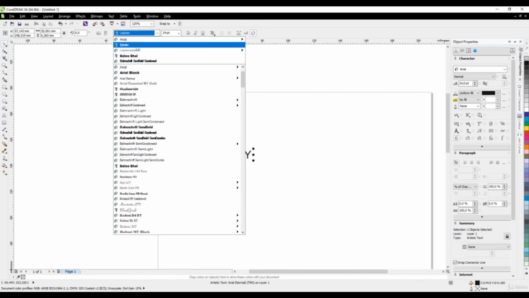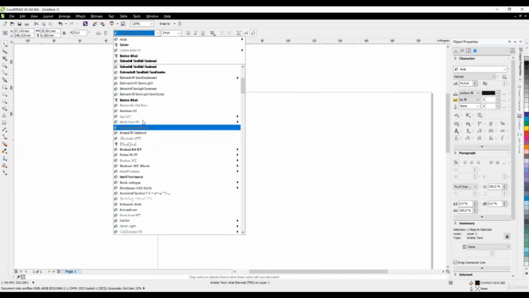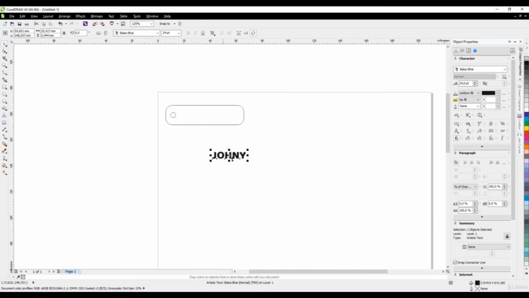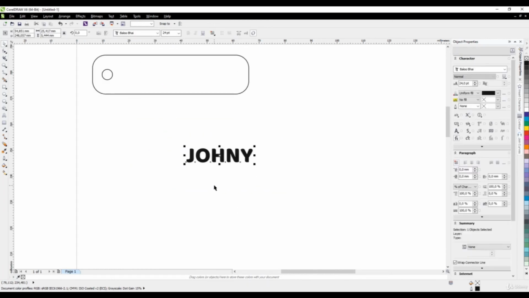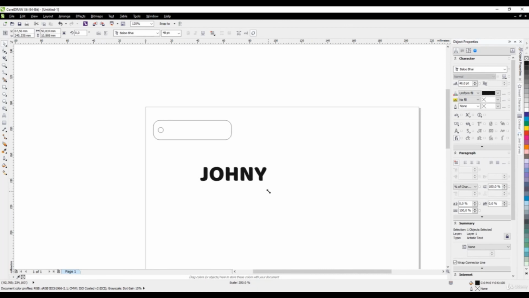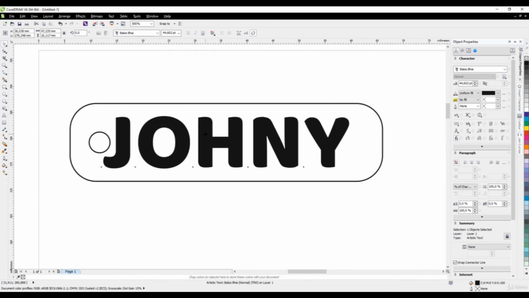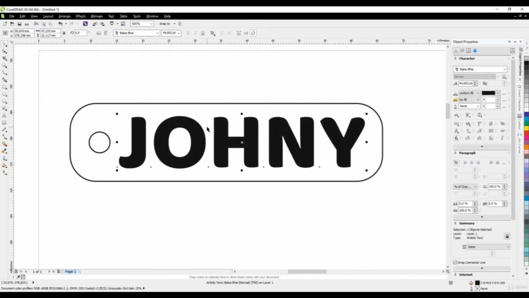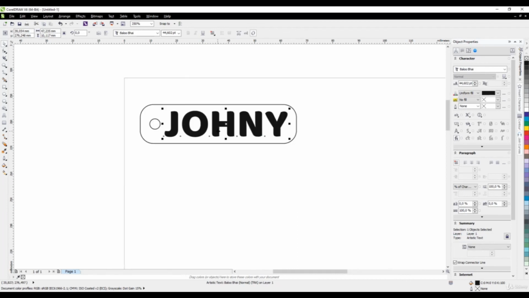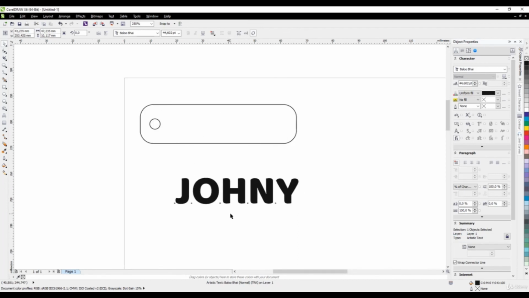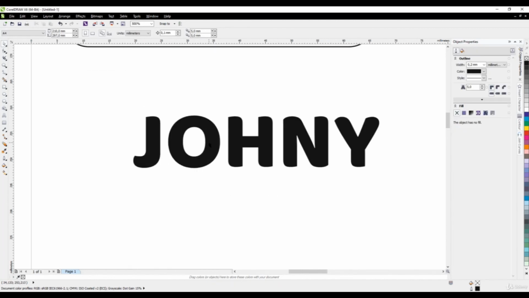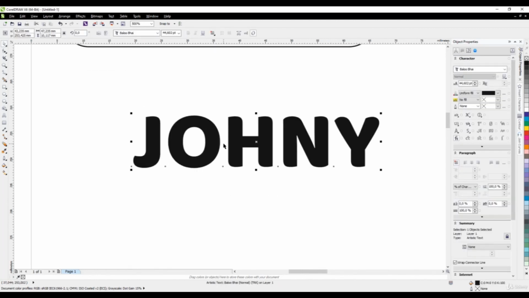And select the font here. This very cool font, this is. And I'm taking this here for setting the sizes. This size is very good for our keychain, and I'm taking this text out of here and click the text,